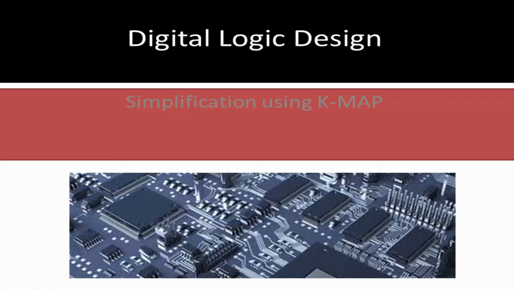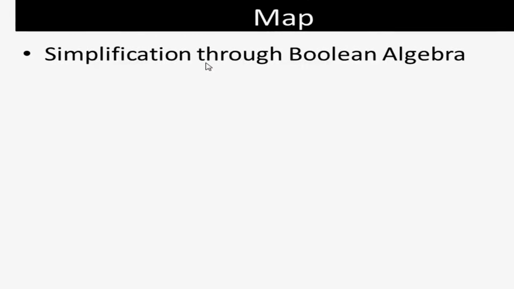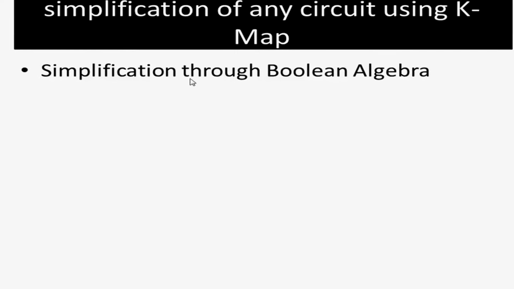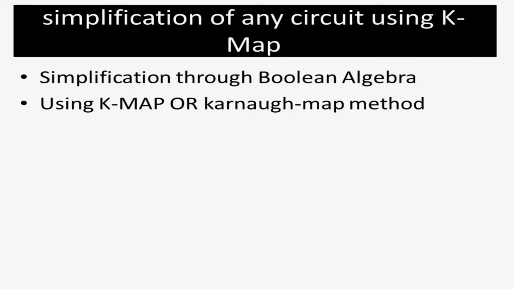Hello guys, today we are going to discuss digital logic systems and their simplification techniques. Basically, there are two kinds of simplification techniques. One technique uses Boolean algebra, like implication, commutative, or other Boolean algebraic rules and calculations, but we have already discussed that. Today we are going to discuss something new: simplification using a K-map